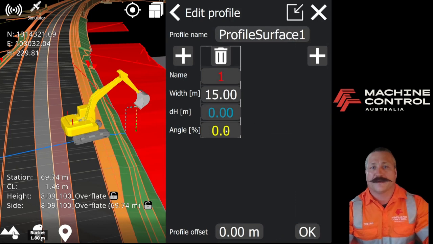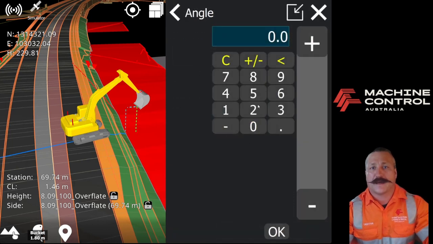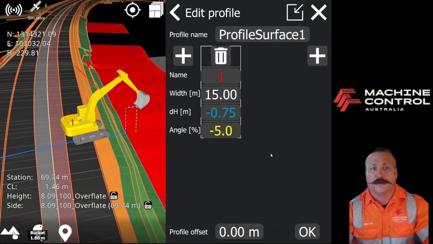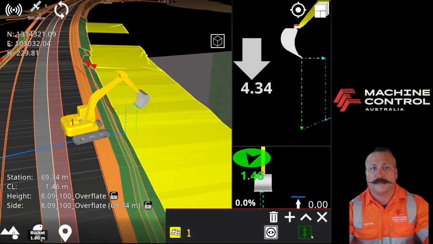We're then going to come down to angle. And we're going to pick, let's say, a 5% angle. Now, you need to press the plus or the minus to give it a negative or positive angle. So, negative 5%, we'll come down, okay. Alright, okay again. And so now you can see that we've got our infield design there, but you can see